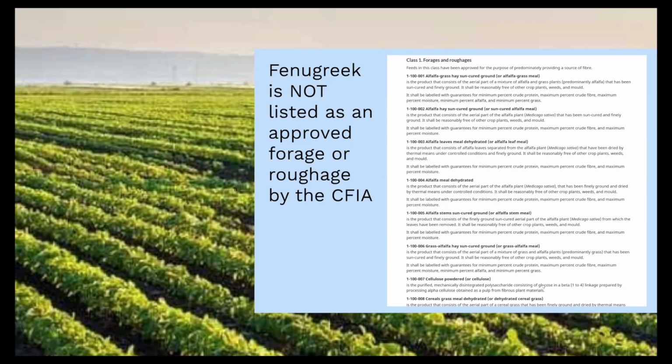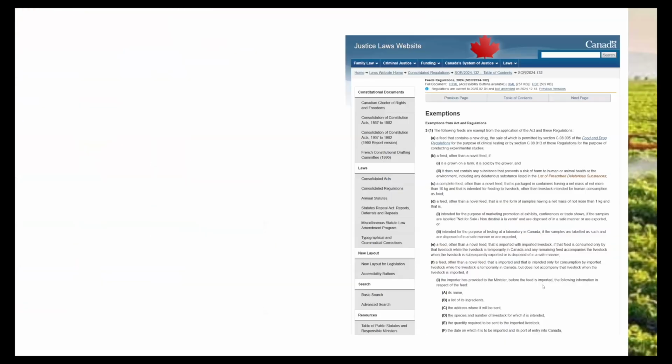So fenugreek isn't approved as a forage or roughage. So then I went to the Justice Laws website. So we're really digging into the details here and said, well, are there exemptions? I mean, you've got fenugreek grown on a farm by a farmer. It's being applied with a product. It's labeled for use. The label says that you can use it on fenugreek and harvest the forage as livestock